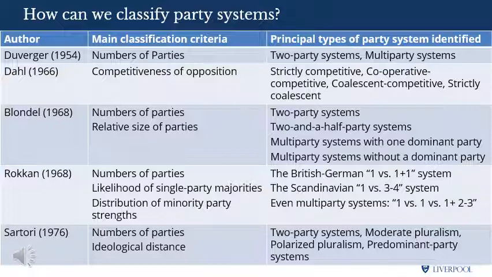A predominant party system, where one party regularly wins 50% of the seats in Parliament and predominates over a number of smaller parties, India and Japan being historic examples. A two-party system where the parties alternate in office, the US being a prime example of this, the UK as well, until recently. Moderate pluralism, where there are multiple parties, but they tend to compete in a bipolar manner, typically in a left-wing bloc and a right-wing bloc, but they're competing for the centre vote.